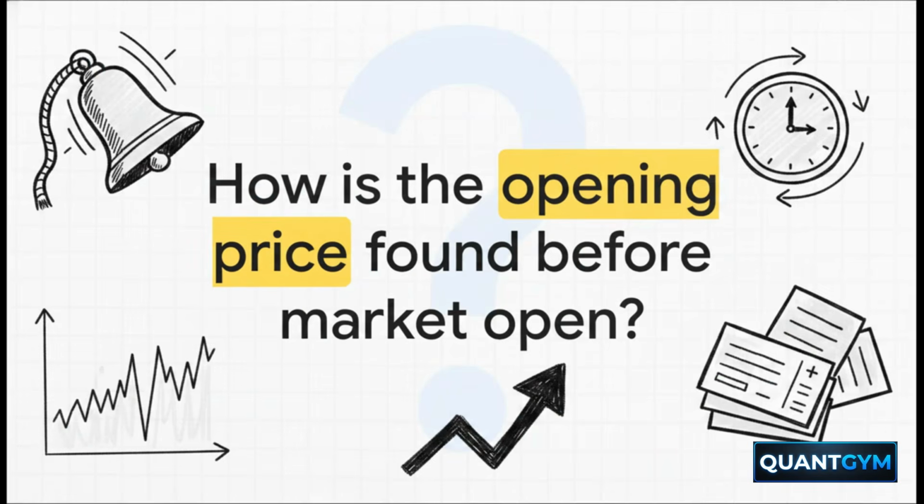But before we get into the weeds, I want to start by posing a bit of a provocative question to you. Seriously, think about this. How does a stock find its exact opening price before the market even officially opens? Most of us just assume that stock markets are these continuous, real-time streams of matching, right? The bell rings and boom, buyers and sellers are instantly trading. But if huge global news breaks overnight, how on earth does that very first trade of the morning not just trigger absolute panic and massive price swings?